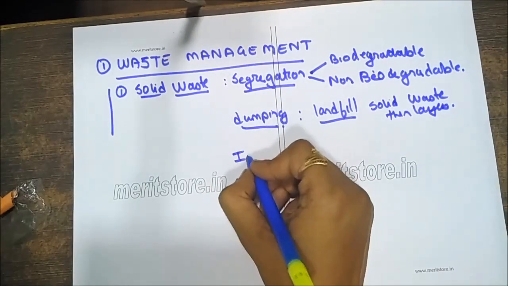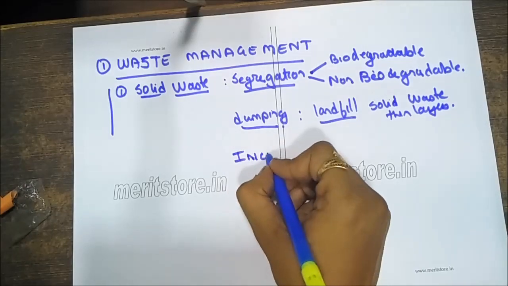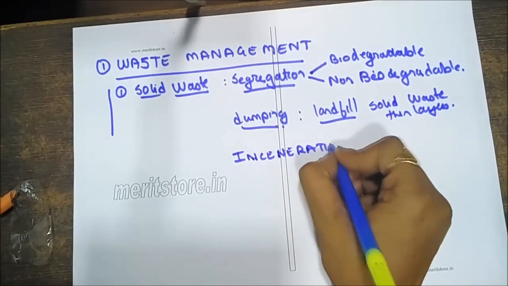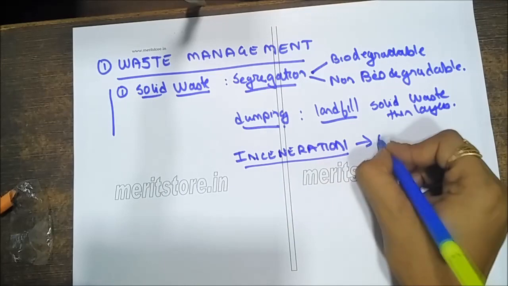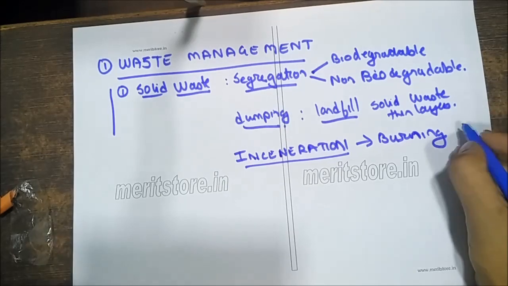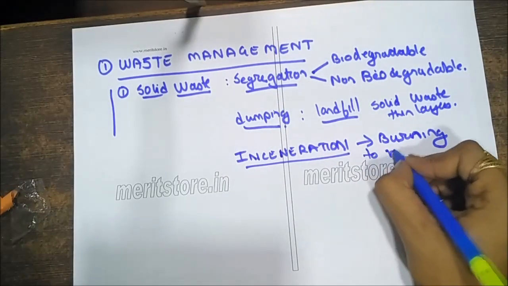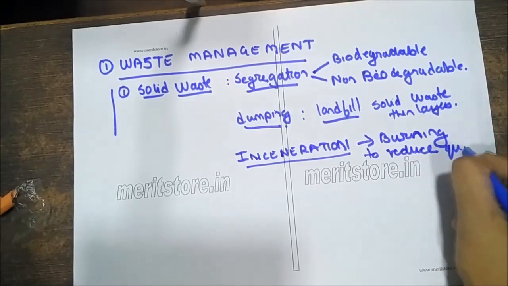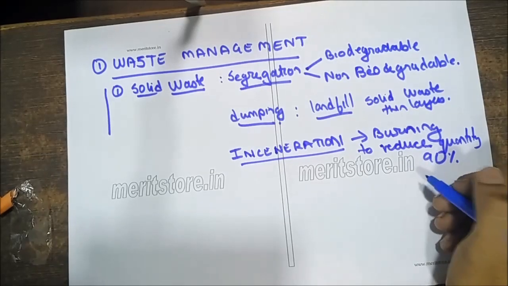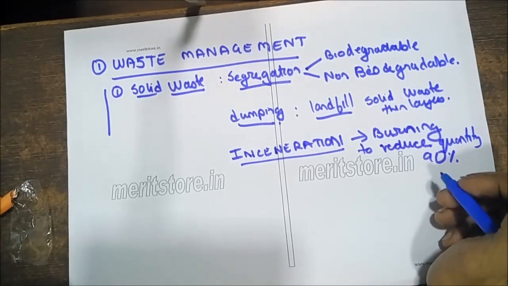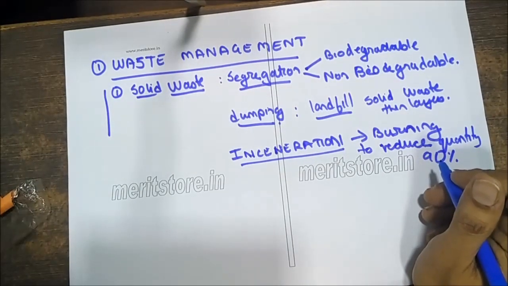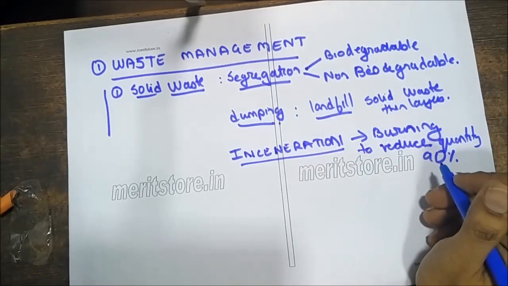Another method of treating solid waste is incineration. Incineration simply means burning. So you are burning in order to reduce the quantity of waste, and it is reduced by up to 90%. Now initially the methods that were used for burning waste used to cause air pollution, but these days there are different kinds of equipment like filter bags, precipitators and wet scrubbers being used in order to reduce air